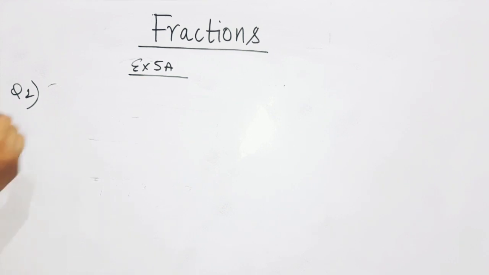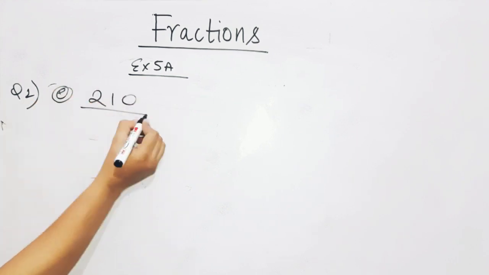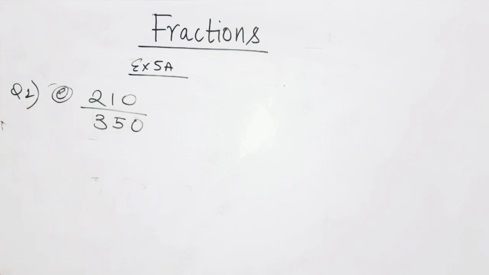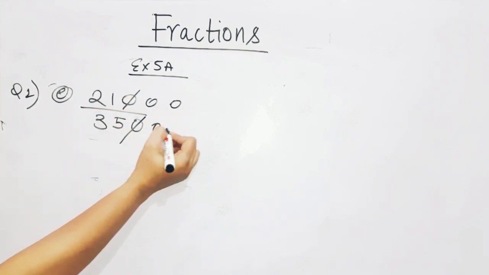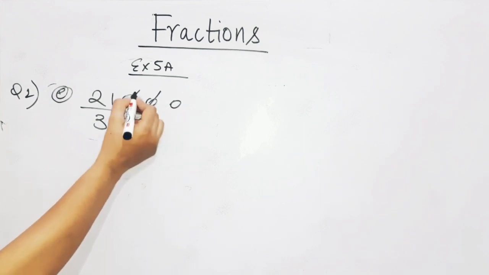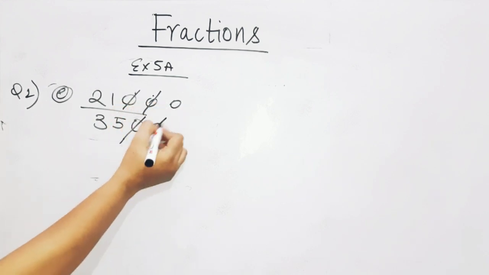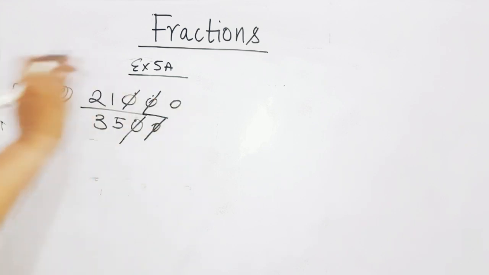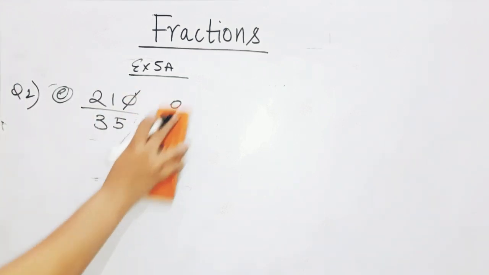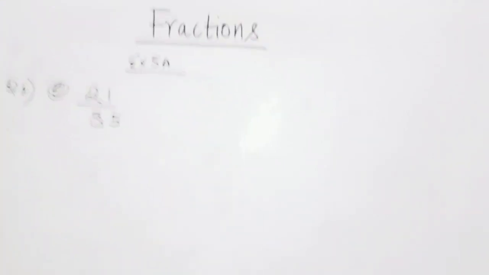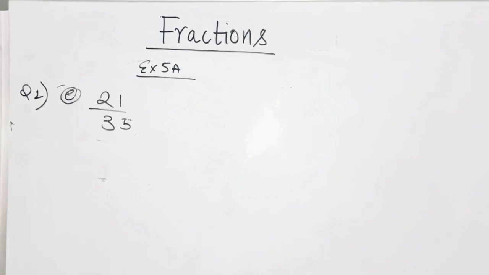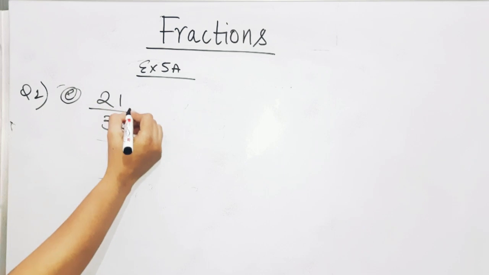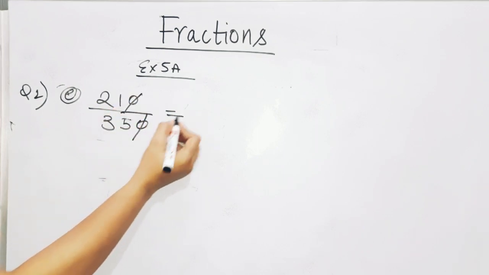E option is 210 upon 350. The first thing to simplify it is to cut the zeros. If there were 2 zeros or 3 zeros here, and 2 here, then we would cut 1 zero from the numerator and 1 from the denominator, and then another zero from each, and one would remain. See, 1 zero is there. So I am going to simplify it. The camera shook a bit, students, so sorry for that. So it will be like that.